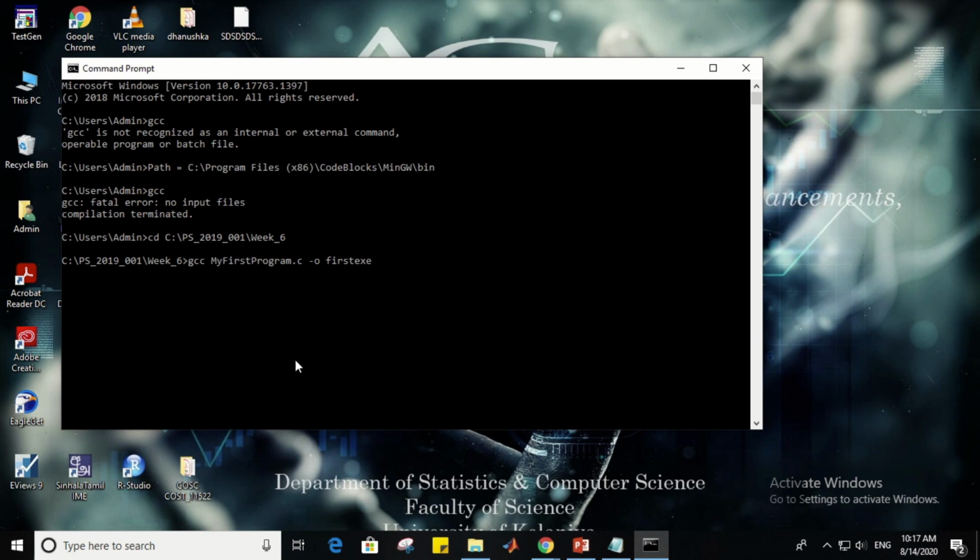And I'm going to hit enter. If there are no errors in my program, it should compile properly. Once it compiles properly, I can execute my program by typing first.exe. It will give me the output that I have expected,